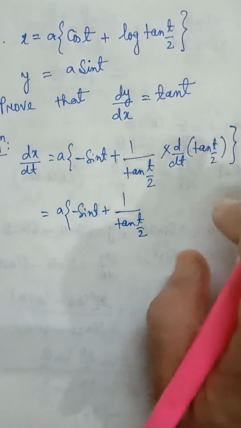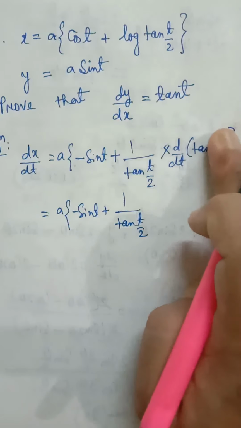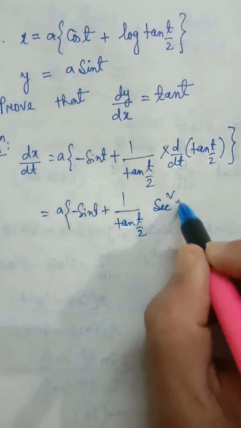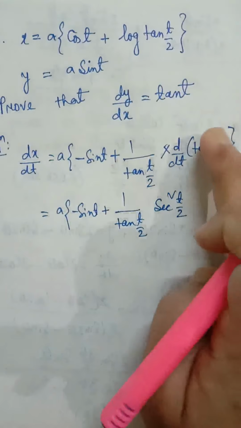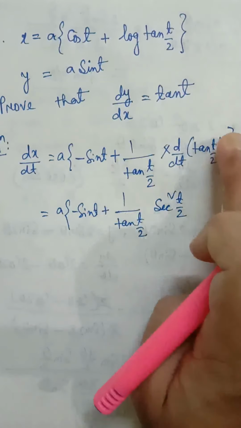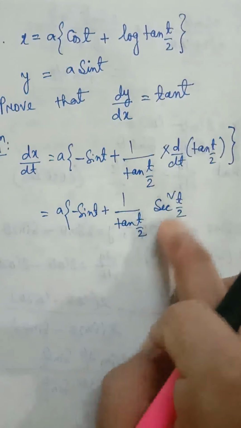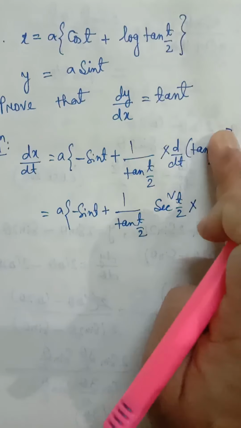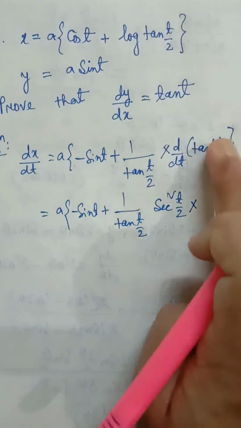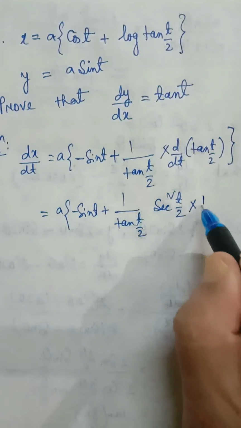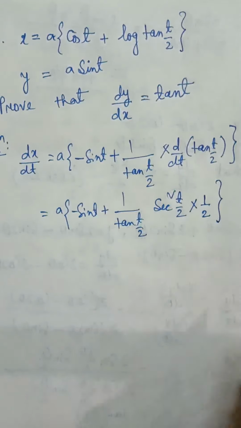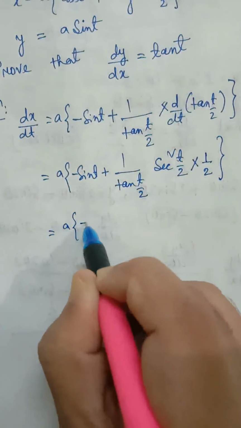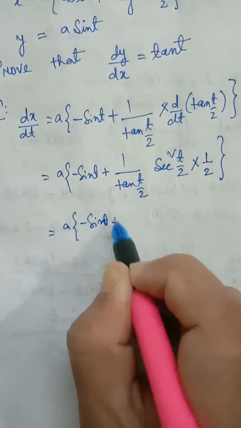First of all, you have to consider this as t: tan t, derivative will be sec square t. Derivative of tan t is sec square t. It is not t, it is t by 2, so it will be sec square t by 2 multiplied by, as here we have considered this as t, derivative of t by 2. Derivative of t by 2 is half. So a minus of sin t plus